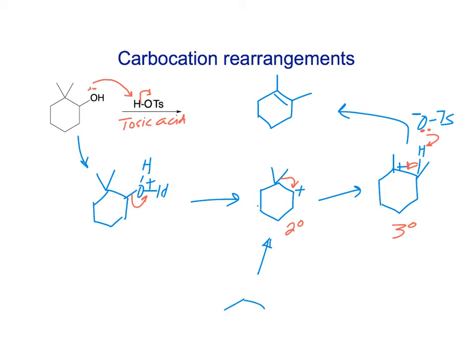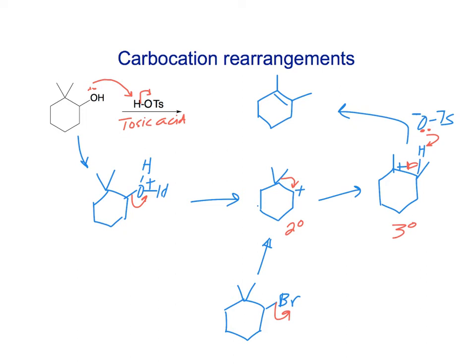So what if, instead of starting with an alcohol, we started with a secondary bromide? Now, if we did this reaction with a weak base, bromide could come off, it would form the same carbocation,